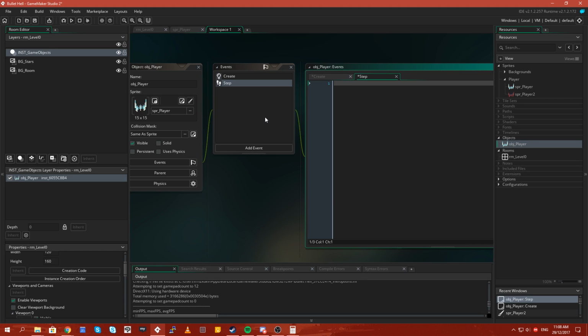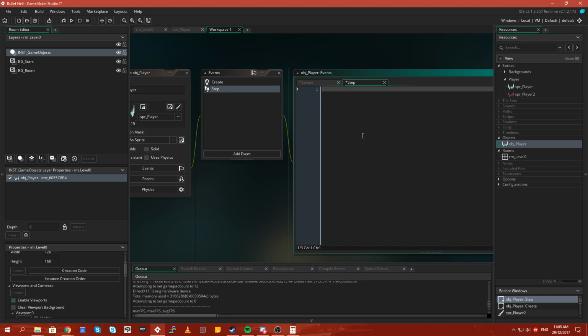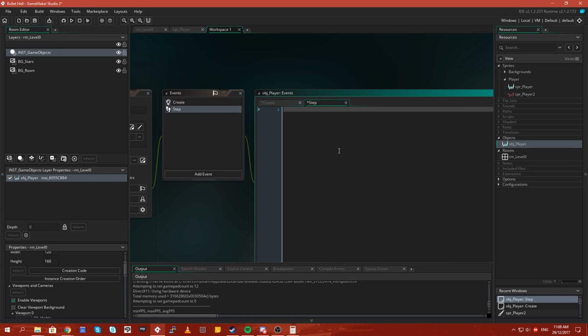Now let's think about moving. How are we going to deal with movement? So we could simply do the old... Yeah, let's do the old. If, actually no, sorry, not if. X input equals, and we're going to say keyboard_check of ord A, to see if we're pressing the A key, which is our left direction. So it's times by -1 because we want to go left. If it's true, true is 1. So we multiply it by -1. It becomes -1 plus.